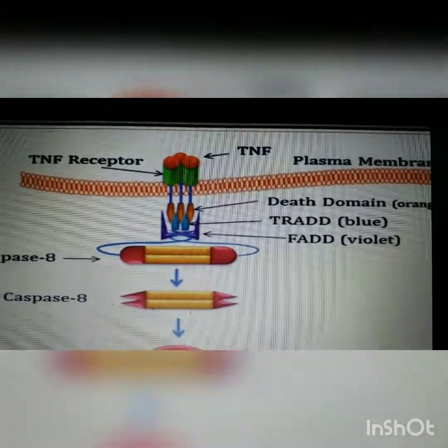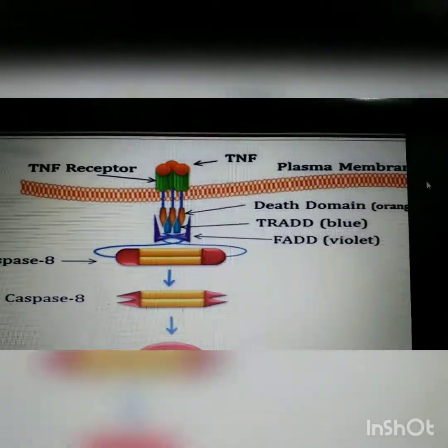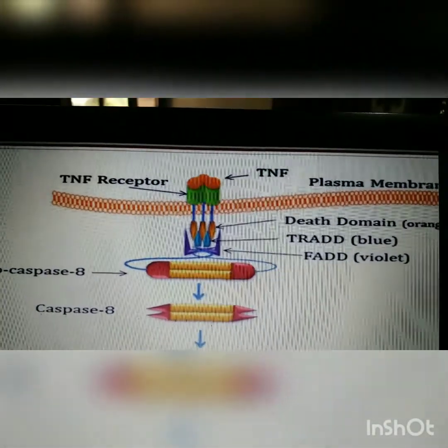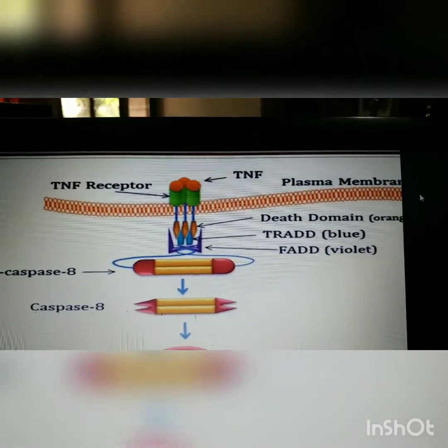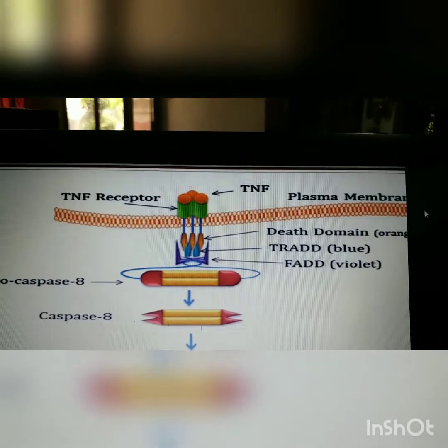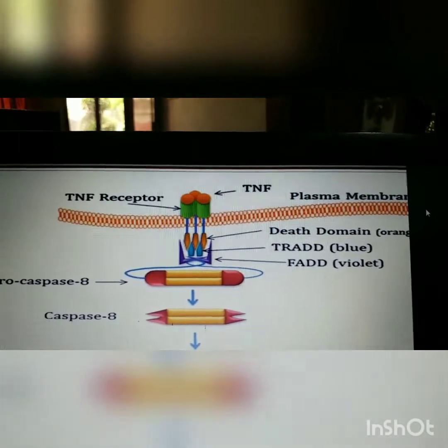it is basically a transmembrane receptor. Transmembrane means spanning both sides of the membrane, with an external ligand binding domain and a cytosolic domain. The cytosolic domain of each TNFR1 subunit contains a segment of 70 amino acids called the death domain. See,